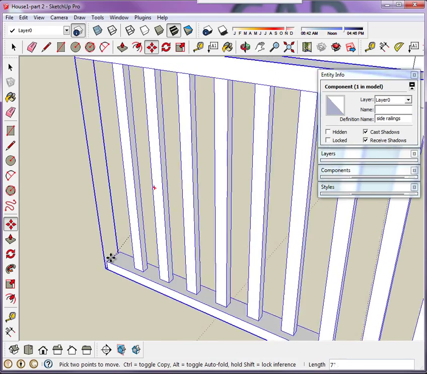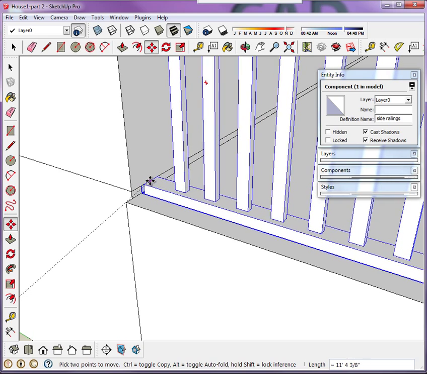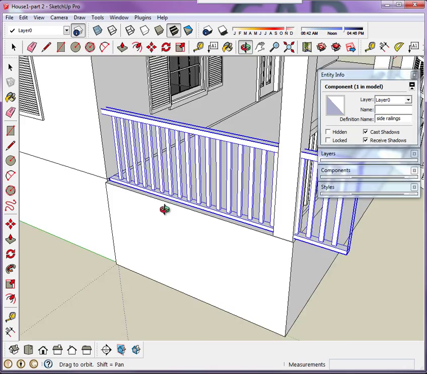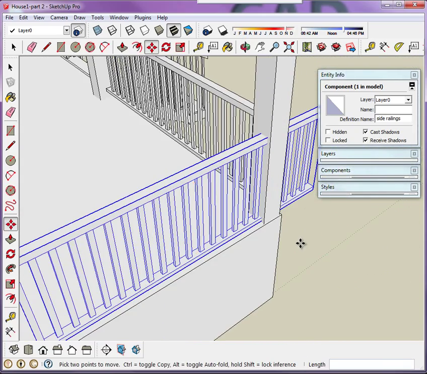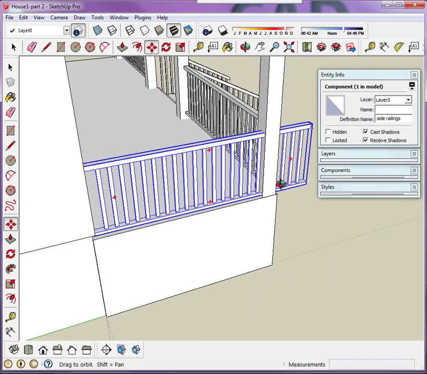Now, I can decide to work with one side or the other. So let's just say we grab here and we place it, okay? I'm just going to place it anywhere. Make sure it's just there, right? It's just there. Now you can see how it fits into the porch there, and we can position it better if we like. But now what we need to do is edit the number of railings, the number of vertical railings, and the length of the top and the bottom rail, yeah? So, if you take a look here,